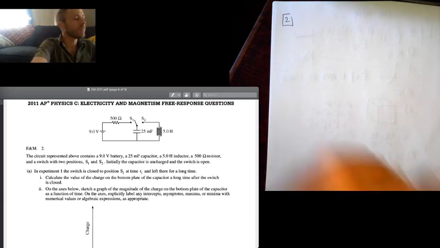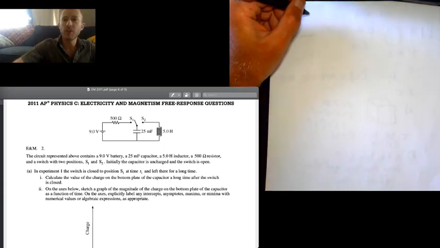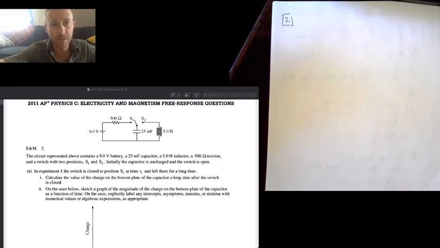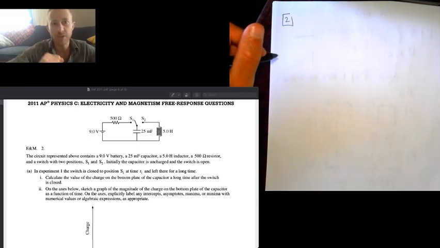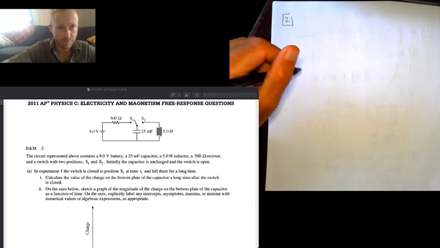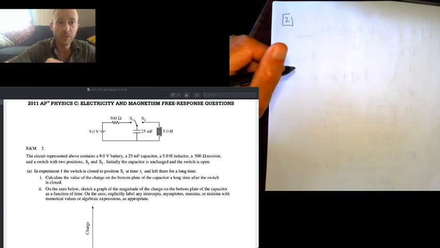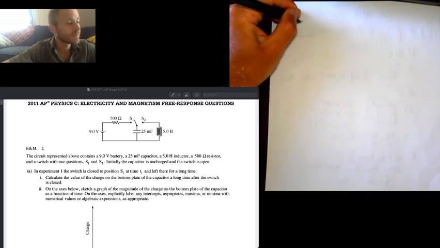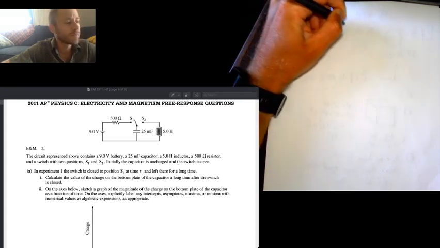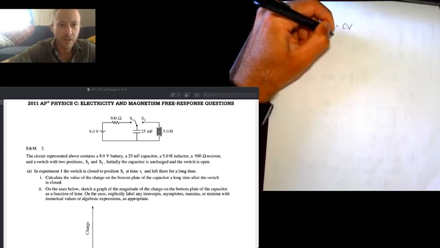So if the switch is closed for a long time, that capacitor is going to be completely charged, and when the capacitor is completely charged, it blocks all current. So there will be no current through the 500 ohm resistor, which means that the entire voltage of the battery will be applied to the capacitor. Okay? So using Q equals CV,